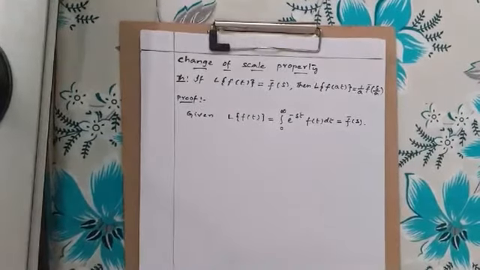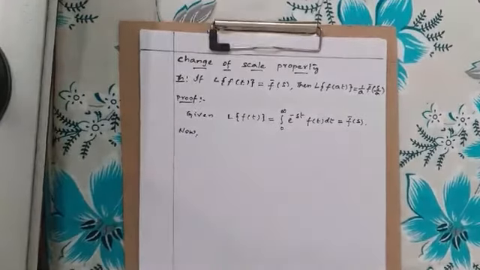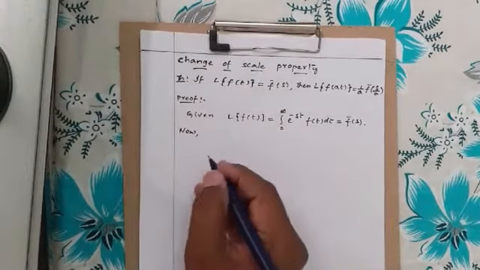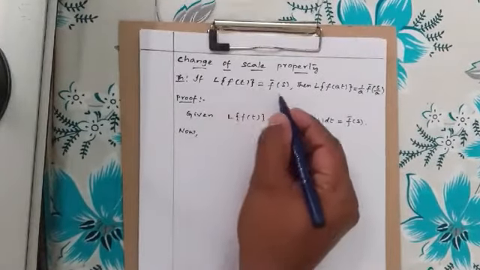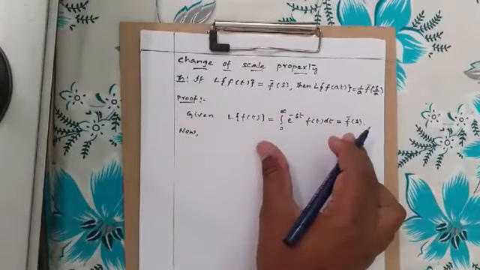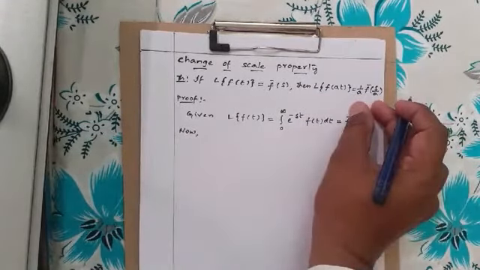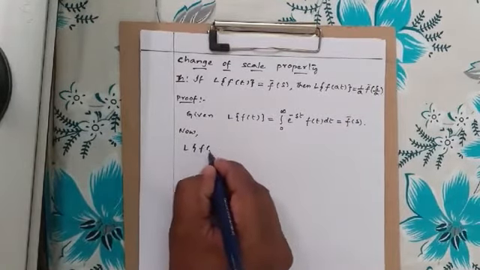This already we have learned in the previous sessions. So here L of f of t is equal to f bar s, which is given. Then we have to prove L of f of at is equal to 1 upon a f bar s by a. So we write here L of f of at